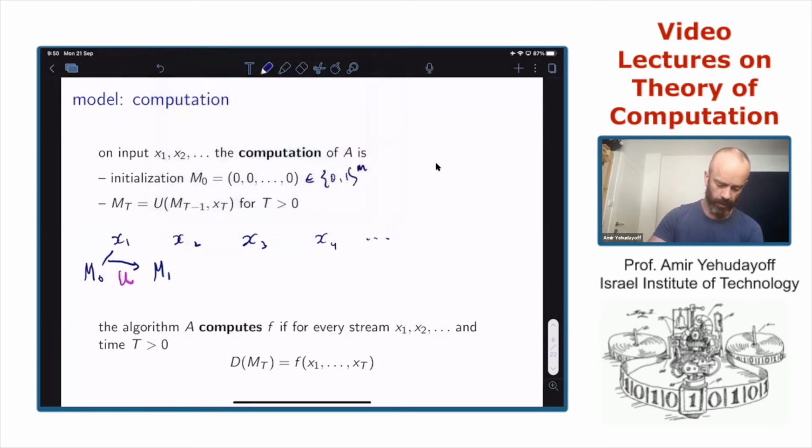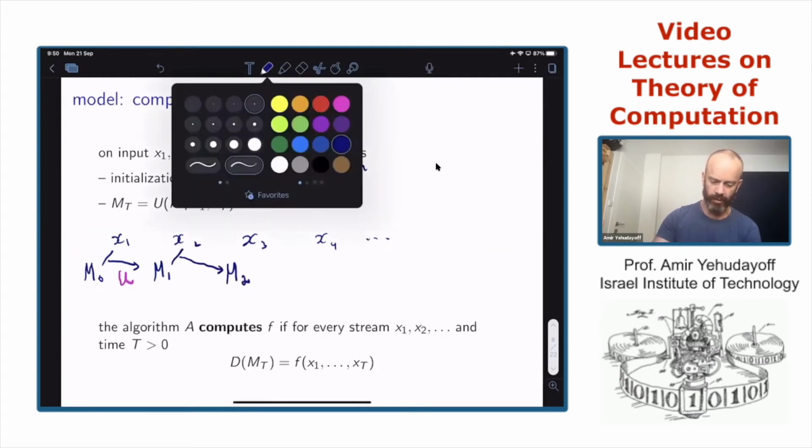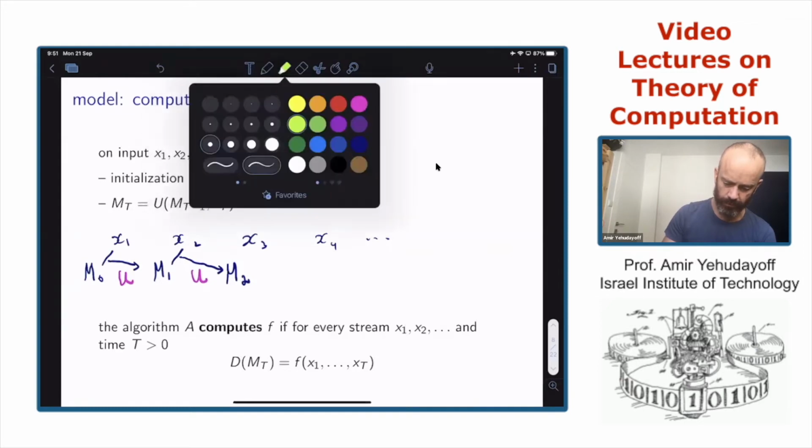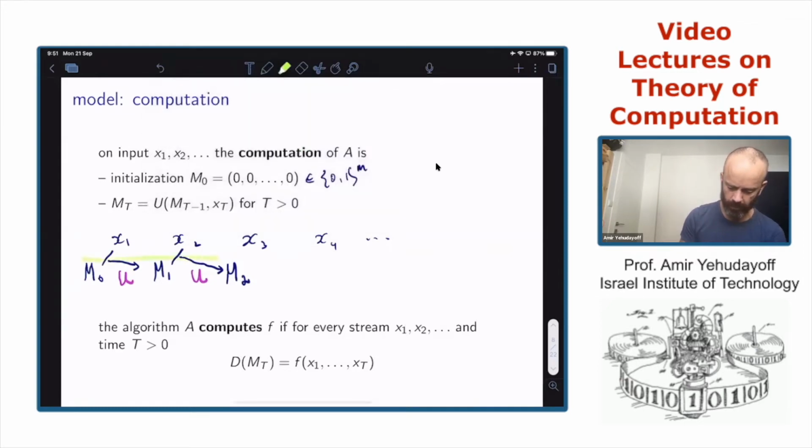Then M1 and X2 generate M2, again using the update rule U, and so forth. So the device is actually this sequence of states of memory. This is the state of the device as time evolves.